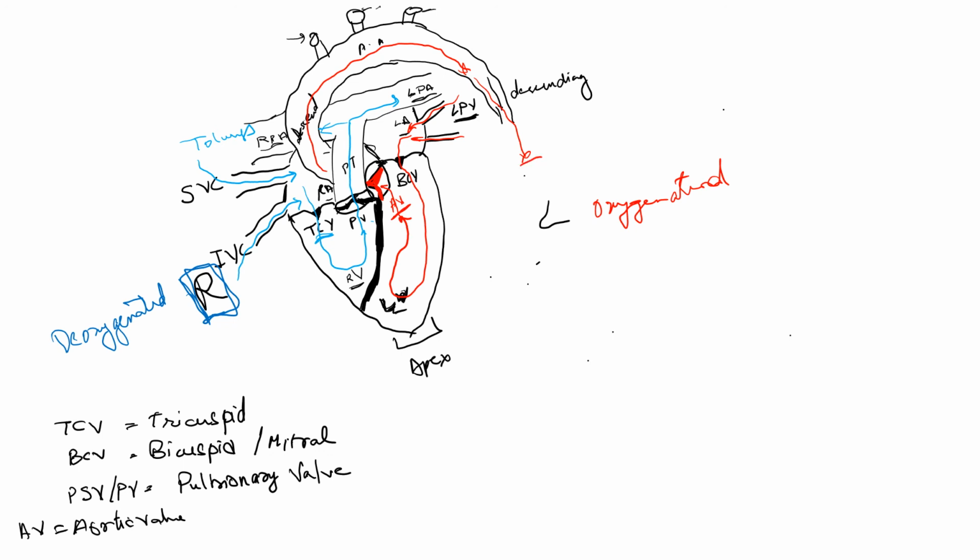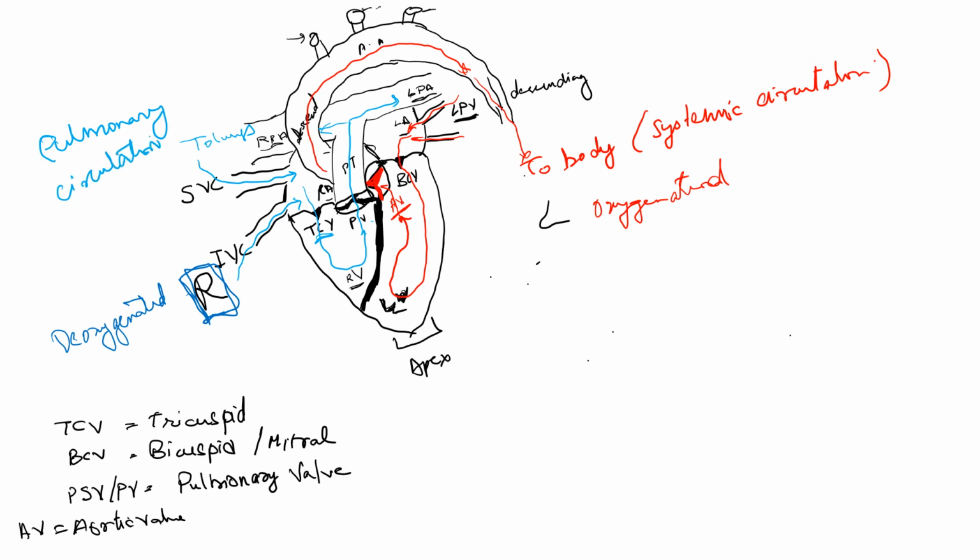So now blood goes to the body. So this is called systemic circulation, whereas the right side of the heart deals with pulmonary circulation. So remember, when you are starting at the superior and inferior vena cava, the order in which a drop of